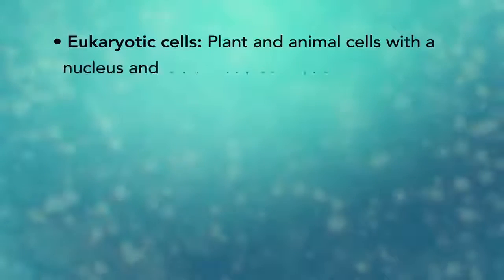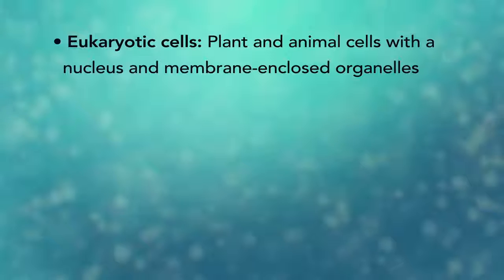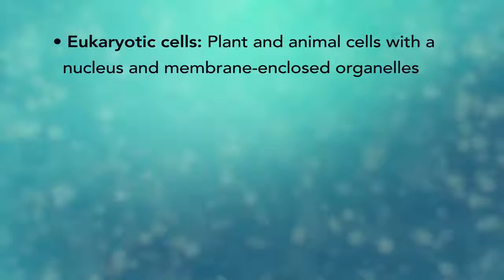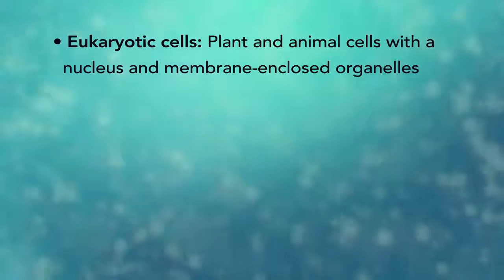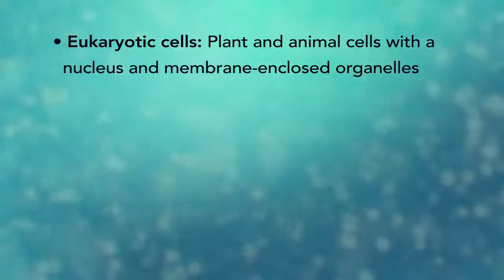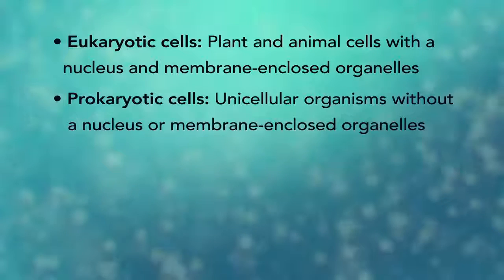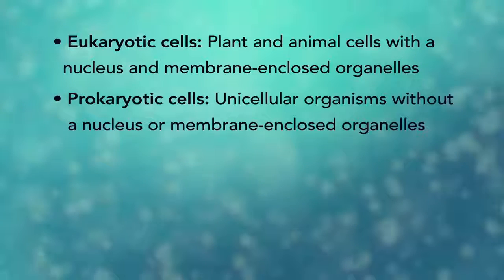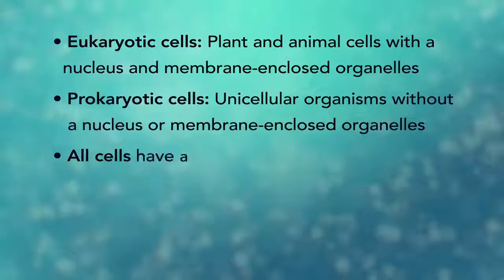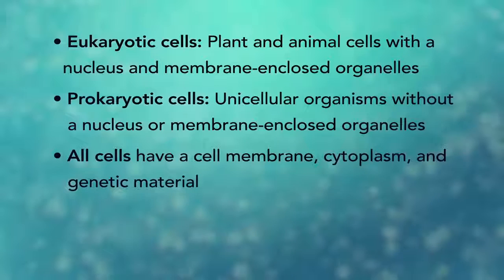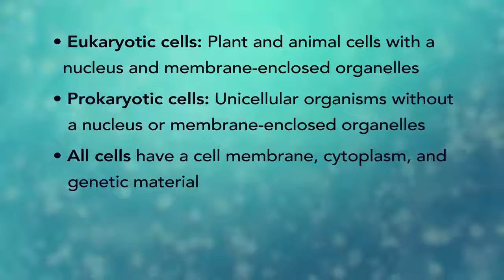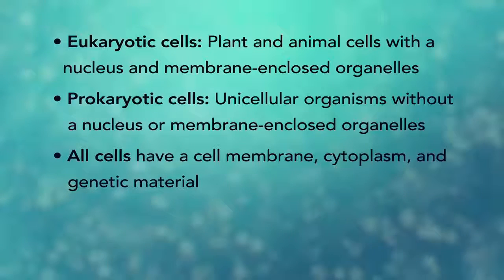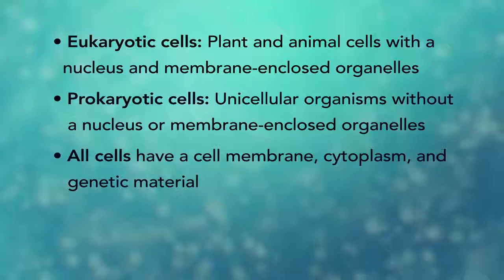In summary, remember, eukaryotic cells are plant and animal cells with a nucleus and membrane-enclosed organelles, while prokaryotic cells are unicellular organisms without these things. All cells have a cell membrane, cytoplasm, and genetic material. And even though only plants